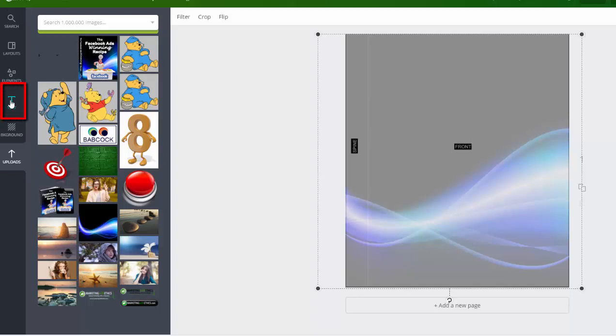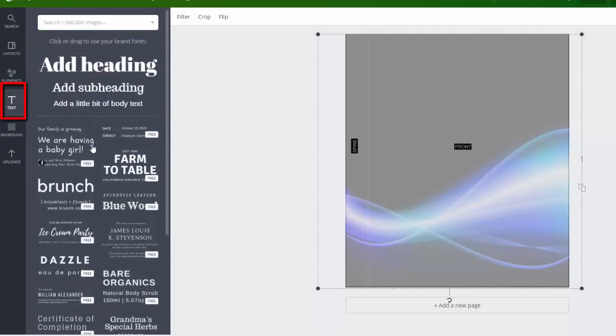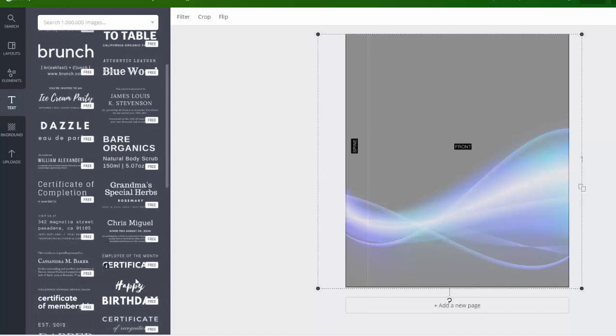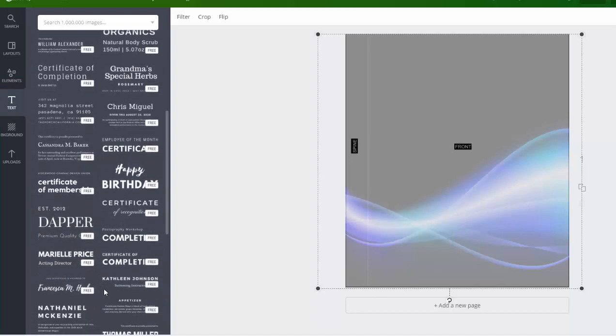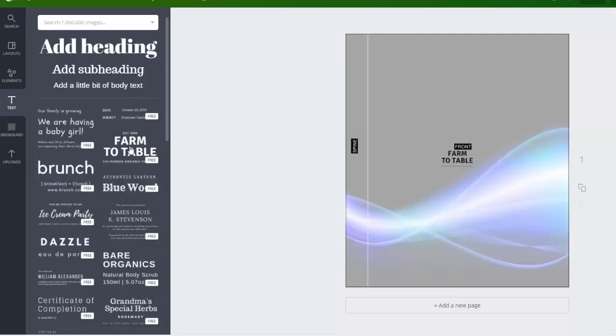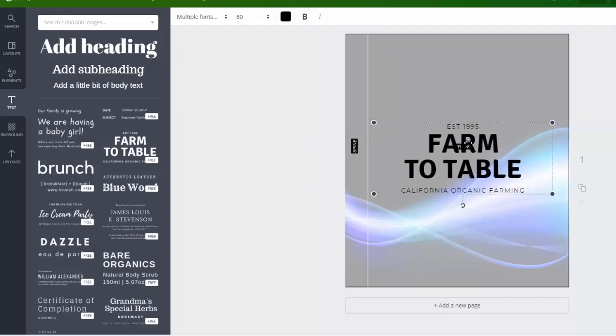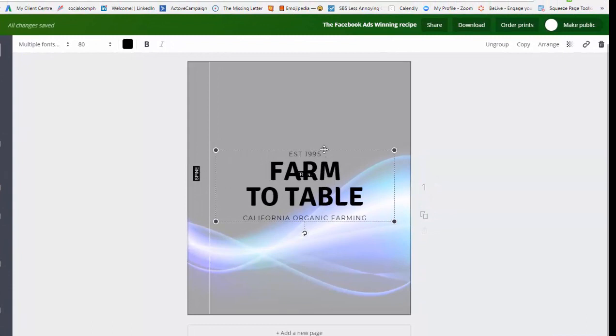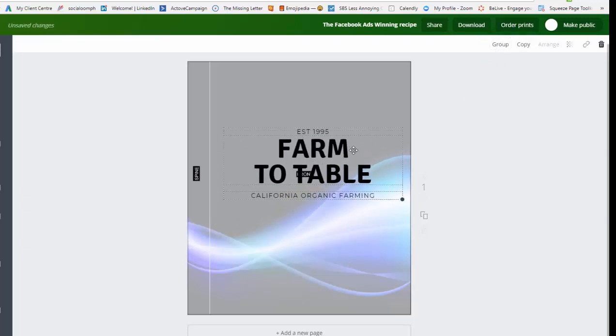Now I'm going to go into text. And you can choose here from all these different kinds, and as you can see, these are all free. So you can choose all different kinds of fonts, different sizes, or you can simply put the text in yourself and choose your own font, your own sizing and colouring. Let's have a bit of fun. Let's choose this one here. Let's make it a bit bigger. If you notice, there's 3 different types of font here. Now you have the option up here to ungroup, so you can now ungroup them and it can share each bit separately. So you then click on just one,